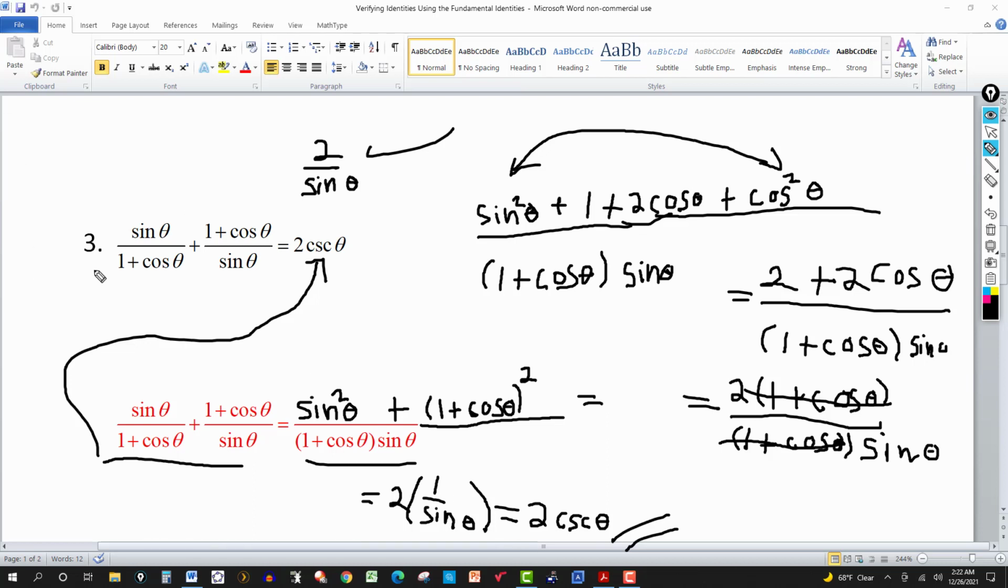If it's a fraction, you might have to combine, find the common denominator, and then show how that simplifies to the right side. Or in some cases, it just might be one fraction that you can factor, cancel factors, and that will simplify to the other side. So as I go through these, I'll point out the different scenarios that you can have. But in this case,